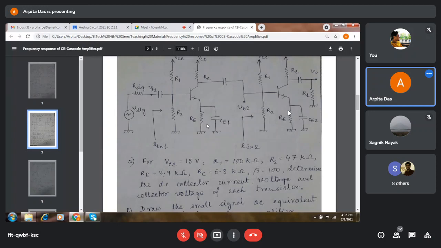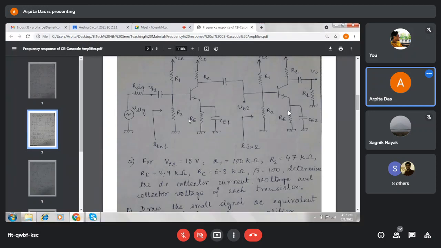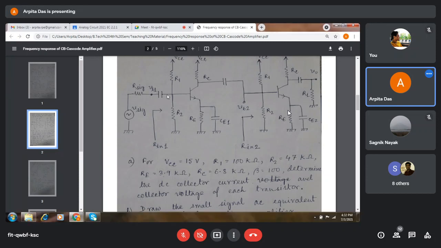And if you have to calculate the ratio of VO by VB1, then it is the product of these two gains, meaning VO by VB2 and VB2 by VB1. So finally, the overall gain of this cascade amplifier is the product of the gain of these two stages. So if we cascade like this, the overall final gain will be like